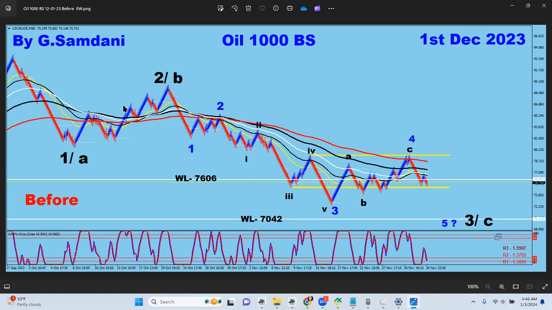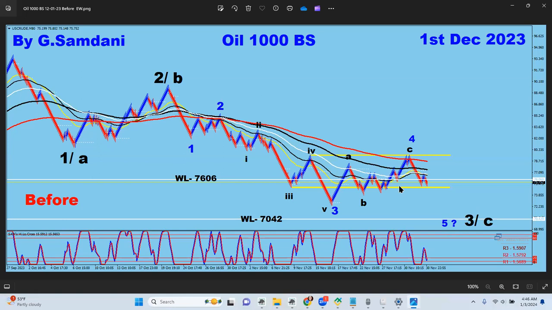I've been following all this Elliott wave step by step, but here the wave 4 was finished, and I said, okay, for wave 5, we're gonna be going down here. Either it is going to be wave 5, and then it will end up waves 3 or C, or a different option. But the target was 70.42, from here all the way down.